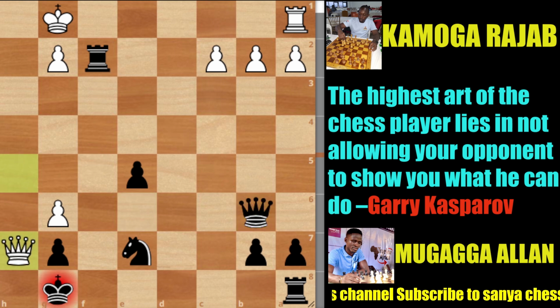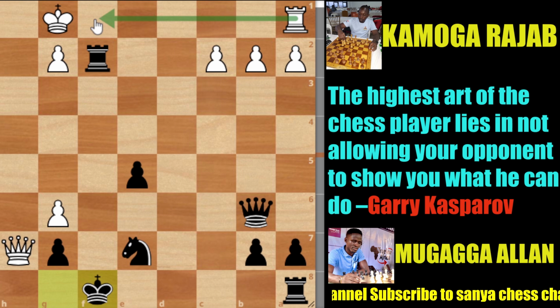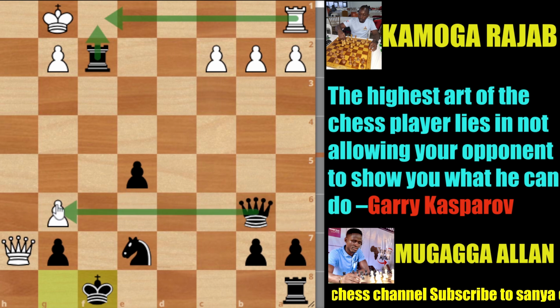That's why you see queen h7 check, and after king. In case of any rook comes to f1, then black can just take the rook in check and can also go ahead and pick the pawn, which can be on g6. And I can tell you that this will be winning for black.